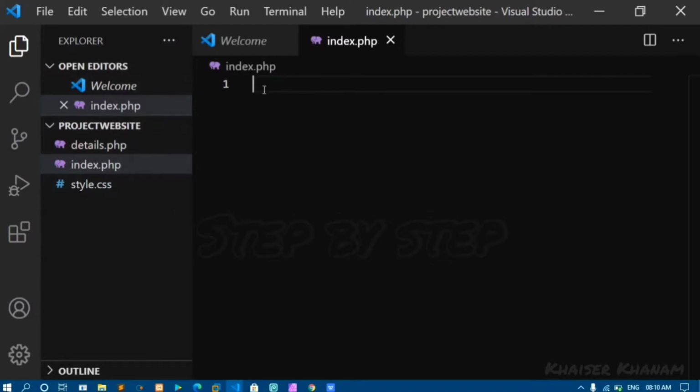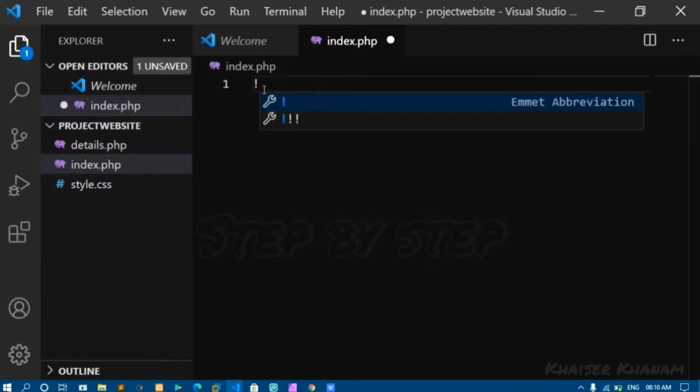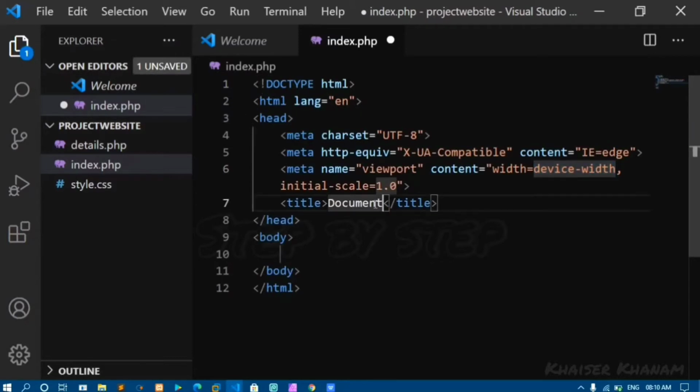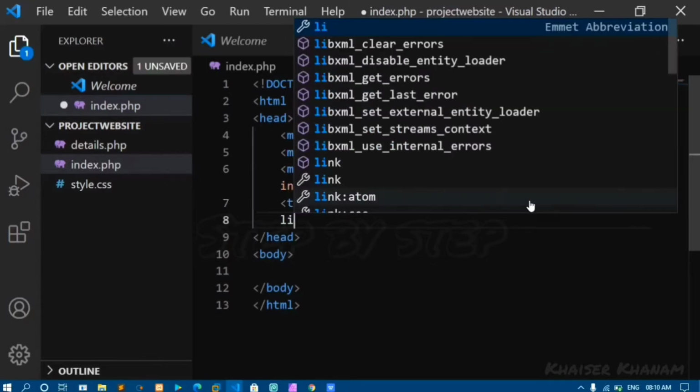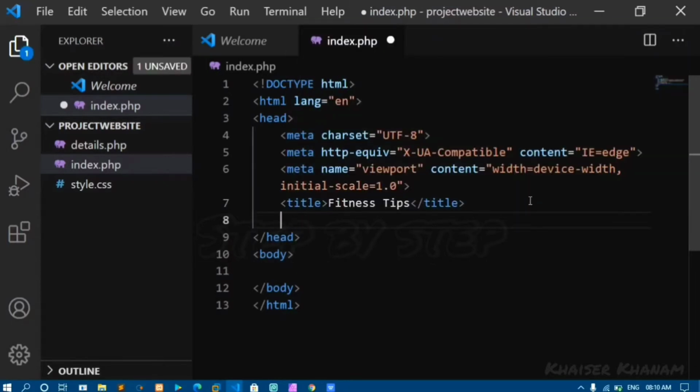Inside my index.php, I'll write this basic snippet of HTML. I'll change my title. I will link my CSS file.